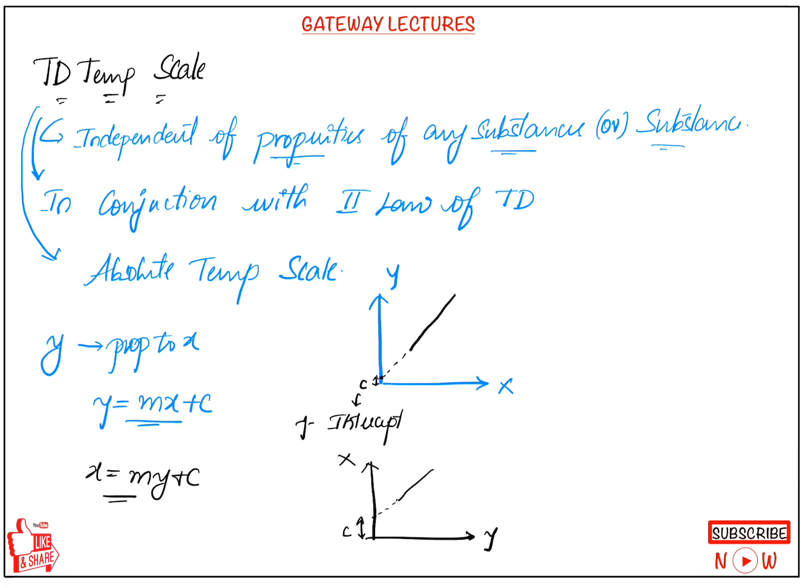But there is a limitation. See, if it should be independent of the property of any substance, if we consider a gas, say suppose helium gas, helium will also have some freezing point. Suppose some gas X has a freezing point of minus 30 degrees centigrade or minus 40 degrees centigrade. So the least possible temperature that we can measure is minus 30 degrees centigrade. It is nothing but the freezing point of the gas.